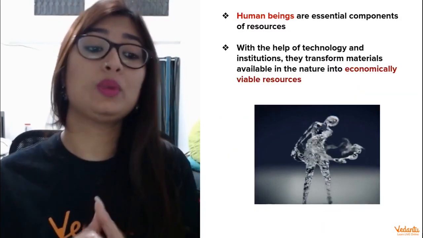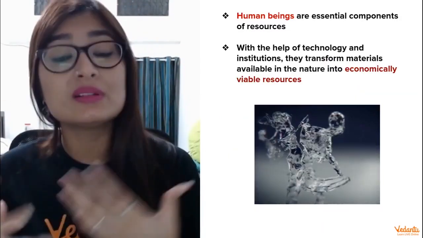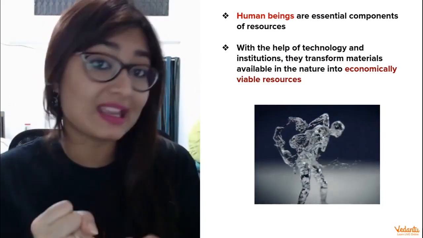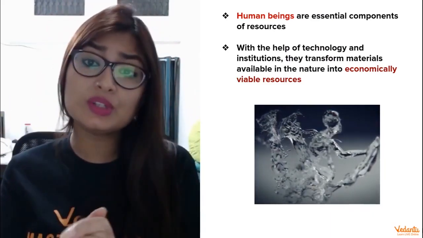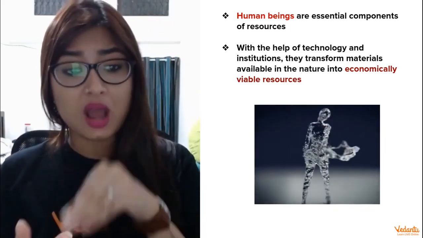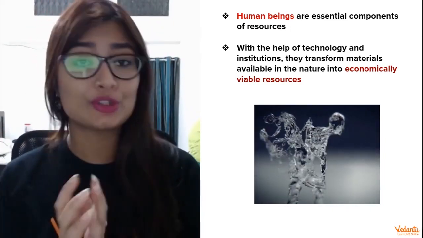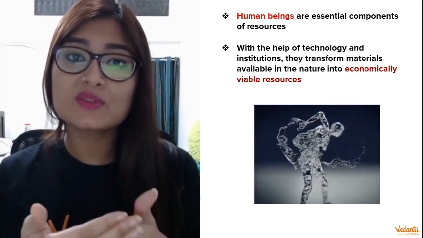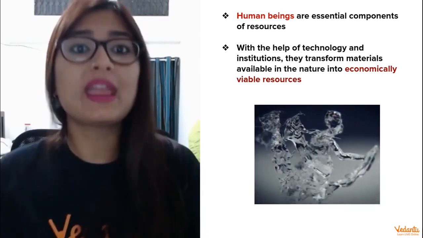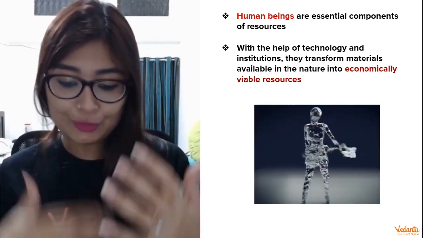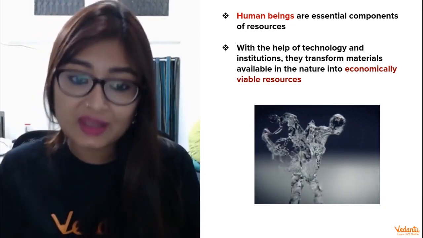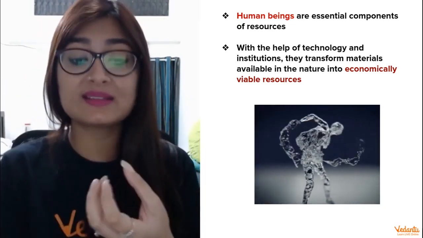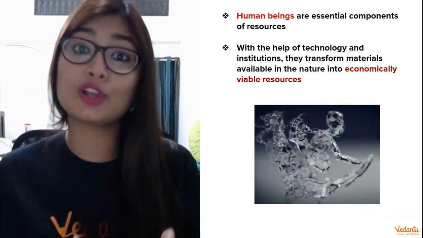So that's how we can say that the transformation of materials from natural state is done to a state where it can be utilized by the people. And as I told you, humans are the most essential component of resources. Why? Because it's the humans who are interacting with the resources. Resources are there in nature, but then what? Is it enough? No. It's the human who interacts with the resources, transforms them and uses them for economic development. Then these resources are going to help us in the development of the economy.